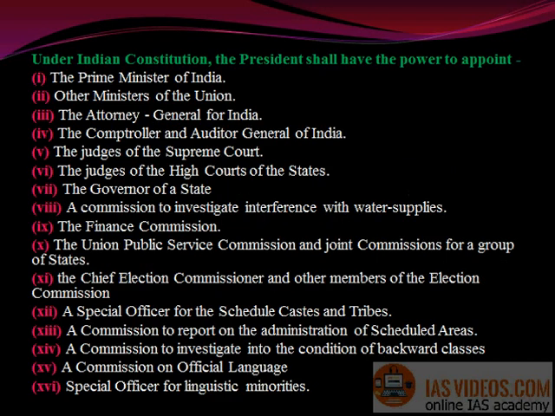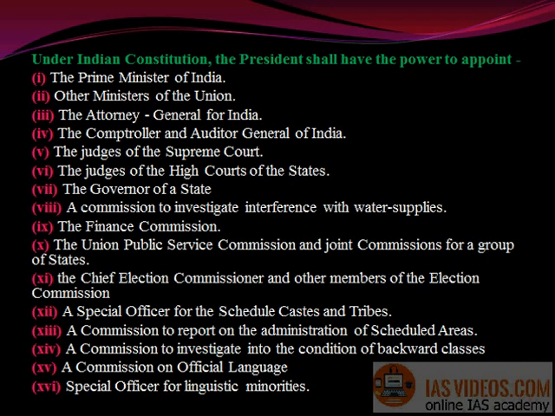Under the Indian Constitution, the President shall have the power to appoint the Prime Minister of India, other ministers of the Union, the Attorney General for India, the Comptroller and Auditor General of India, the judges of the Supreme Court, the judges of the High Courts of the states, the Governor of a state, a commission to investigate interference with water supplies, the Finance Commission, the Union Public Service Commission and joint commissions for a group of states, the Chief Election Commissioner and other members of the Election Commission,